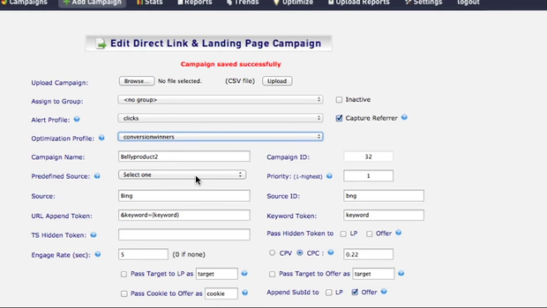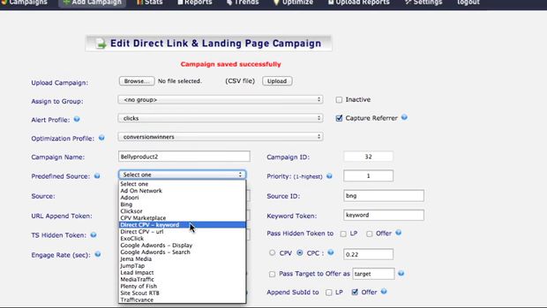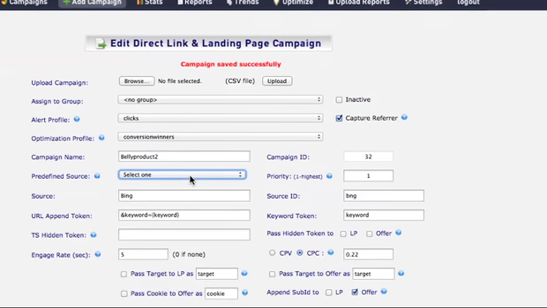Your predefined source, you have a big list here of your predefined sources. I chose Bing. In predefined source, if you don't have your predefined source already set up, you can go under your sources, traffic, and set that up as well. So you don't have to worry about that. You can add whatever you want. And CPV Labs is pretty sophisticated, so add in some of your other